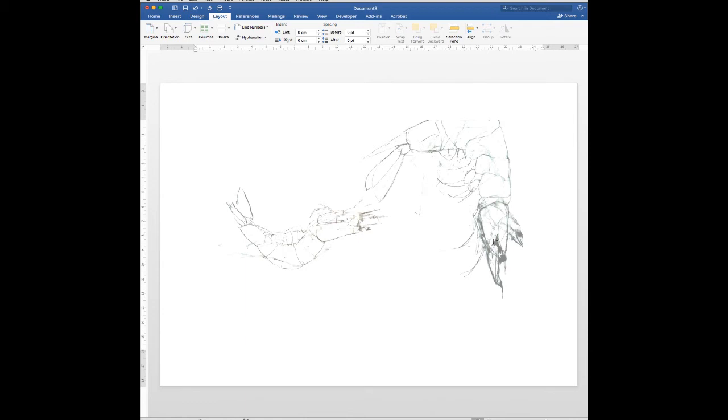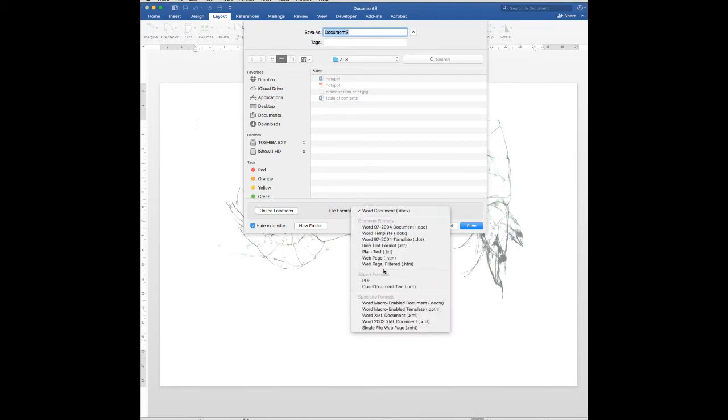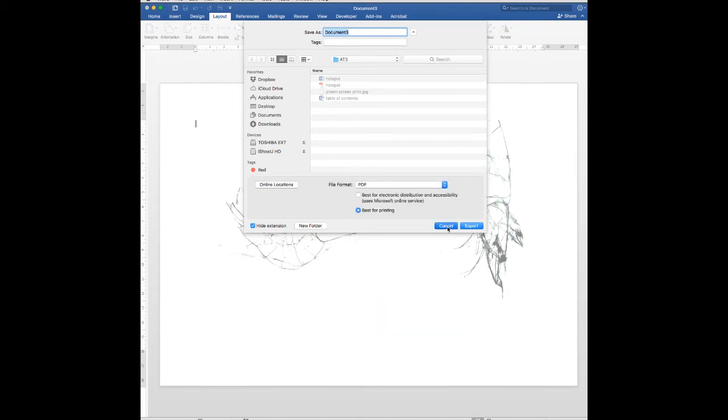Now, this is a Word document with the watermark on it, and still you wouldn't be able to set hotspots on it, so we need to do a few more stages until we can do that. And what we're going to do is actually save it as a PDF. Now, there are two ways of saving this as a PDF. You can go to File, Save As, and then change the file format type to PDF,